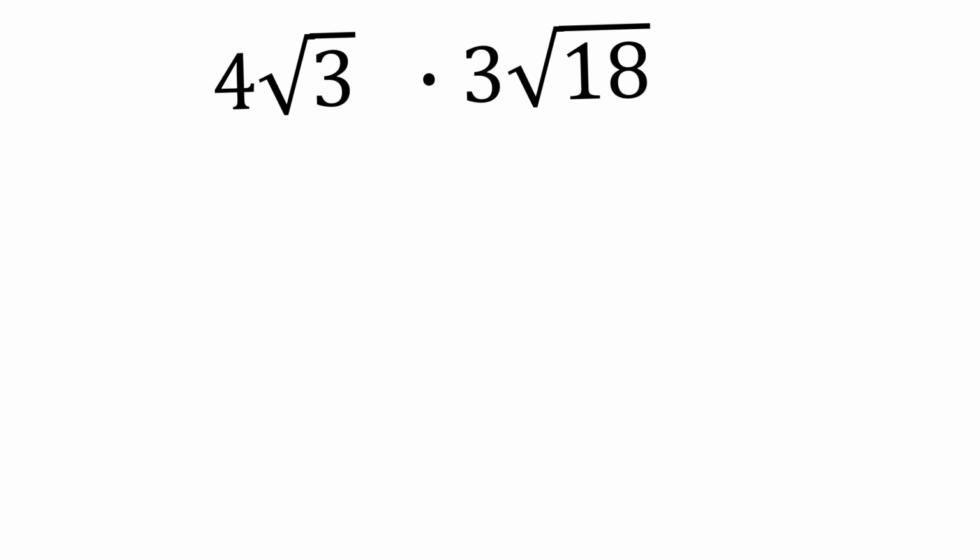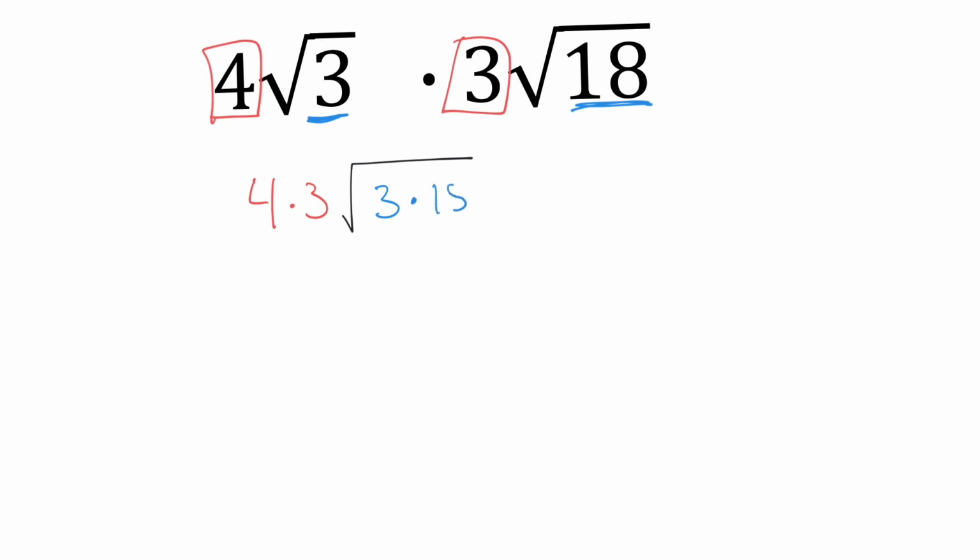So I'm going to take the numbers outside first. So the 4 times the 3, I'm going to put those outside here, 4 times 3. I'm going to keep the same radical, just 1, and then I'm going to multiply the 3 inside of the radical times the other number 18, again inside of the radical. So when you multiply those numbers, I get a 12 outside the radical, and inside I